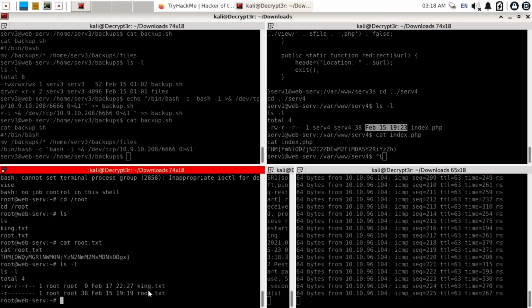So let's try to find files which were created from 15 February 7 p.m. to 16 February 8 p.m. I will use the command find / for finding files in the main parent directory, then -type f, then use -newermt for mentioning the date as well as time. So use double quotes, mention the date as 2021-02-15.